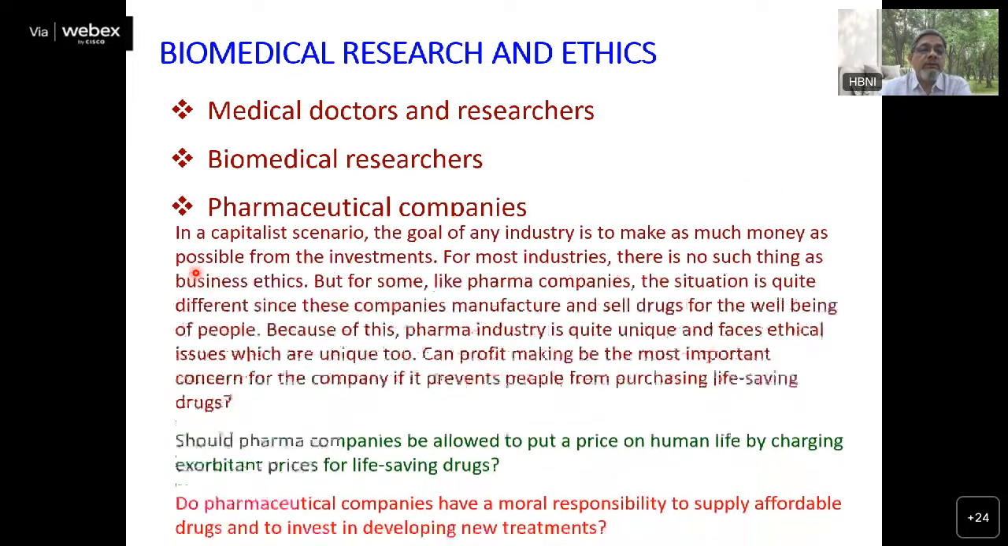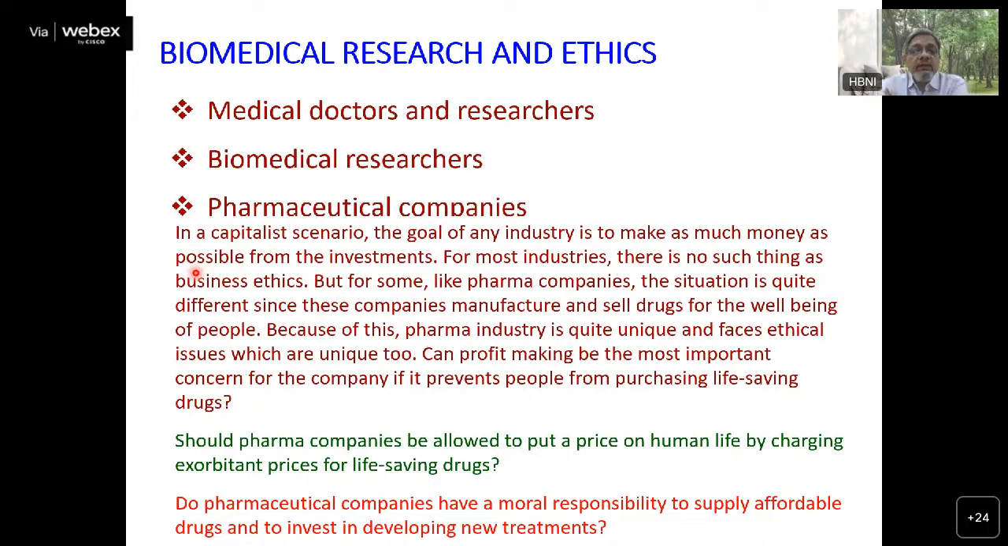Let's see how these pharmaceutical companies work. In a capitalist scenario, and most of the world is capitalist, you can see the goal of any industry is to make money, as much money as possible from whatever they invested. So for most industries, as I said in the beginning, business ethics is an oxymoron. There is no such thing as business ethics. They want to make money from whatever investment they have made. But then the issue is, if it's a steel industry, it's fine. Or if it is some other